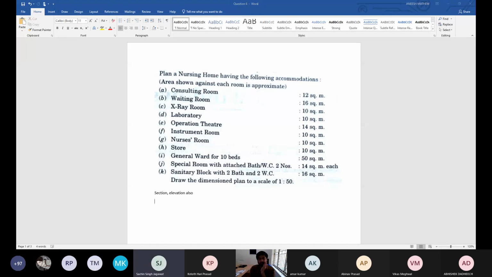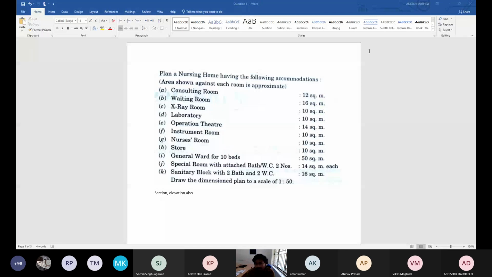Excuse me, sir, are we supposed to show you the exact scale diagram, or a rough line diagram? You can make a line diagram. Sir, the problem is without drawing, it's a kind of calculation.